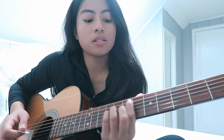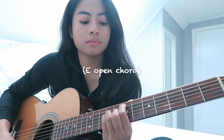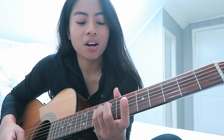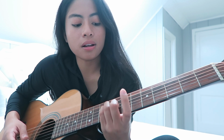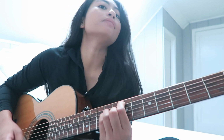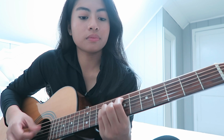Okay, and then last one is E, which goes all the way here. Okay, so now the 2 fingers that never moved are on the 10th fret. My middle finger is on the 9th fret of the 3rd string, and then my ring finger is on the 8th fret of the 5th string. This is E, open chord E. So all together, it sounds like